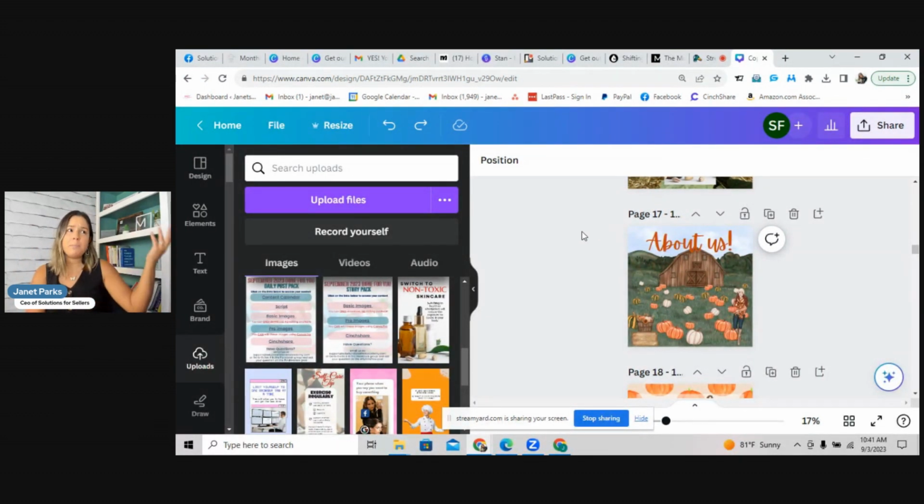Or if you have 10 parties coming up in September or October and you want to use this script, it's easy. Once you personalize it once, you can just grab it and repurpose it over and over again, okay?